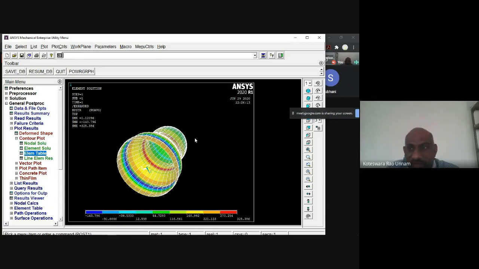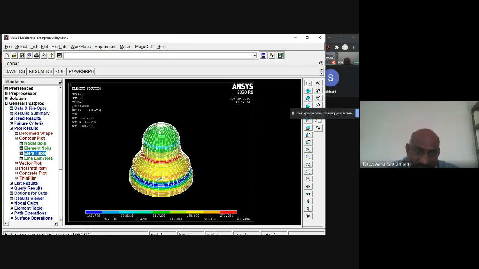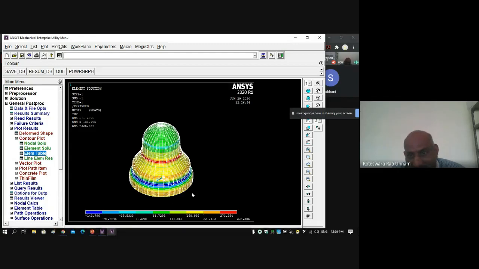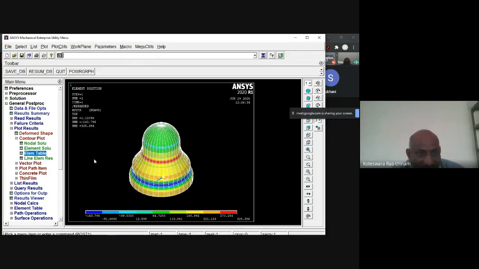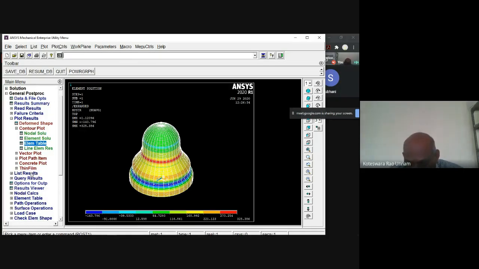And one more way you can identify how the stress is going to vary from this radius to this radius. For that, you need to plot the graph. Plotting the graph is not possible here because the radius is not constant, it is varying here. You need to use third-party software, like Excel. If you take Excel, you will get the data here.